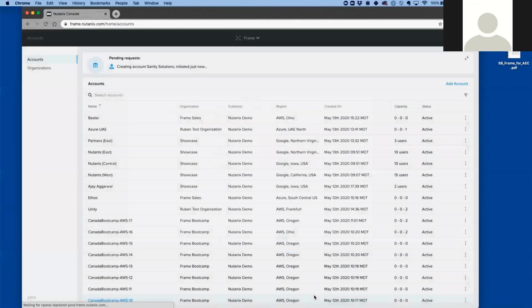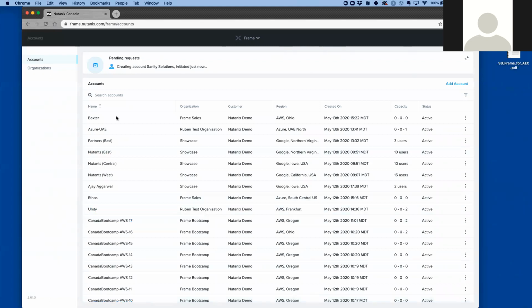And what this is now doing is going out to Azure Japan East. It is using our application registration that we have linked with our internal Nutanix Azure subscription in this case, right? And so using Frame's automation engine to automatically go out to that data center and deploy resource groups in terms of networking, in terms of the initial gold image, automatically, right? And this takes, depending on the provider, anywhere from about 15 seconds to about a minute